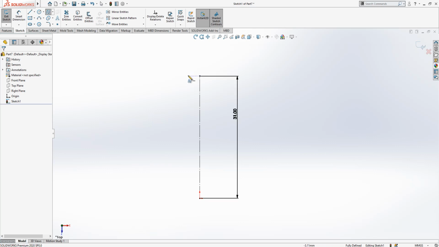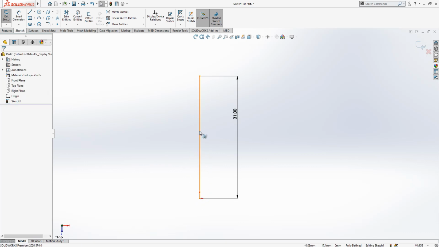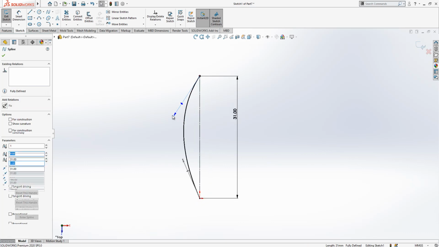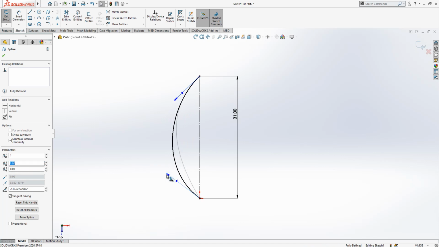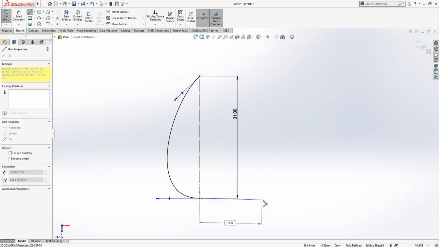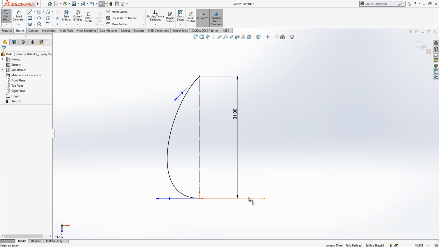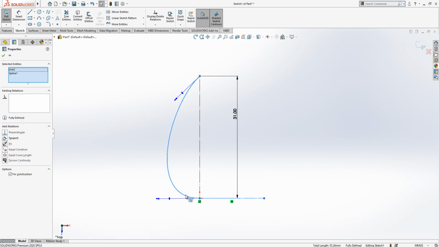And then we pick here a spline and we connect these 2 points with the spline. It is looking like a line. Then we pick our spline control points and then we form it a little bit. And then here one more line which will be again a construction geometry. First we will make here